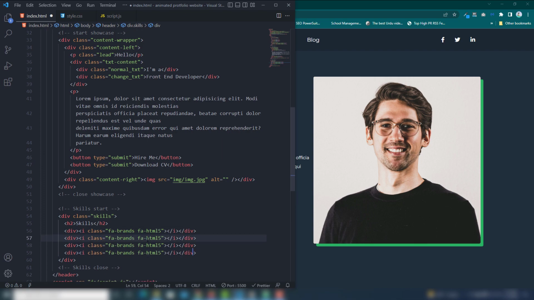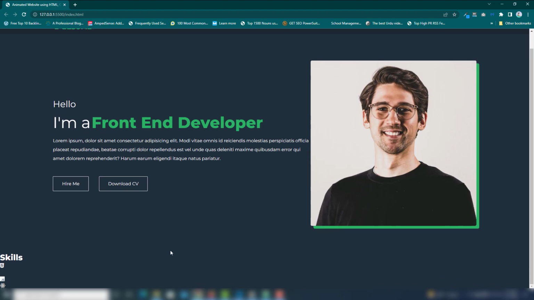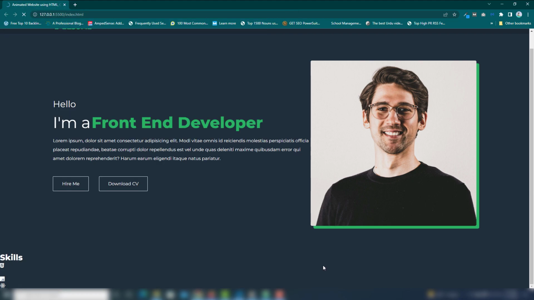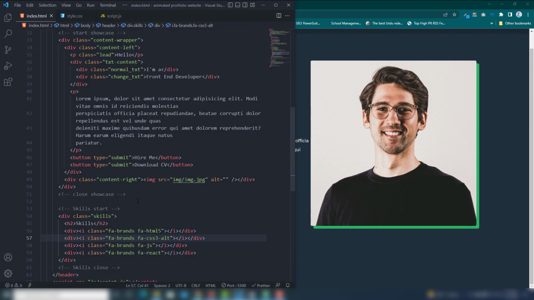And the second time I'm gonna change that, it will be fa-css3-alt, and this will be JS and this will be React. So everything is perfect on there. I can't see the CSS3. Okay, perfect, as you can see. So we need to manage that, right?